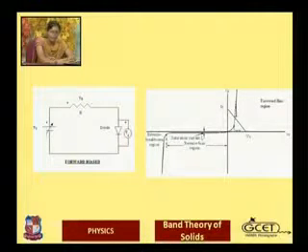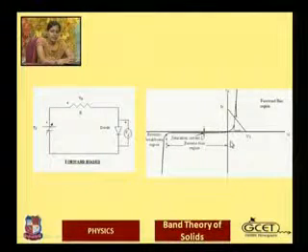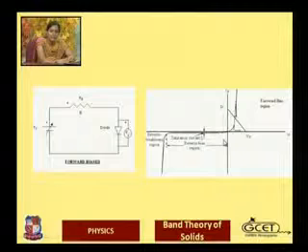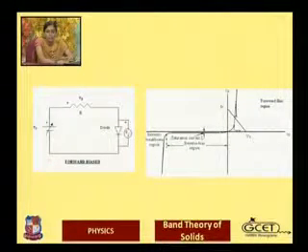Now in the third quadrant, coming back to the reverse bias region, the saturation current is shown here. As I told you, the saturation current, or say the leakage current, is due to the thermally generated minority charge carriers, and some minority charge carriers get sufficient energy due to the temperature, and they are able to tunnel through the potential barrier.